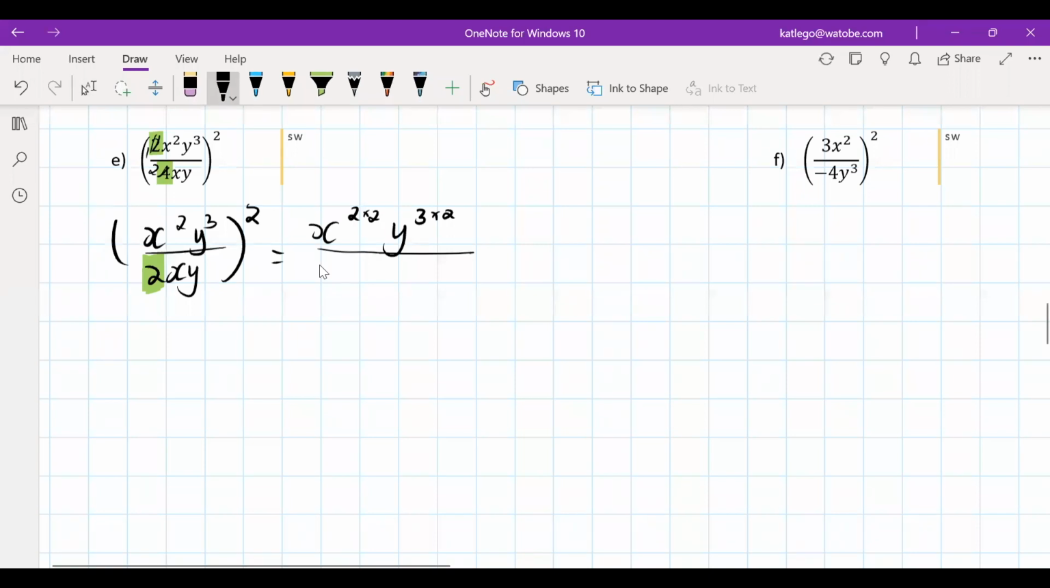Ma'am, don't you times by 2? Well, you raise it to, we said if there's nothing there, there's a 1. There we go, times 2. And then you do the same with x, 1 times 2, and y, 1 times 2. Brilliant. Let's simplify this. So it will be x to the power of 4, y to the power of 6,